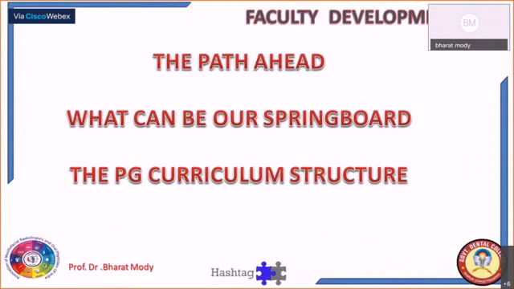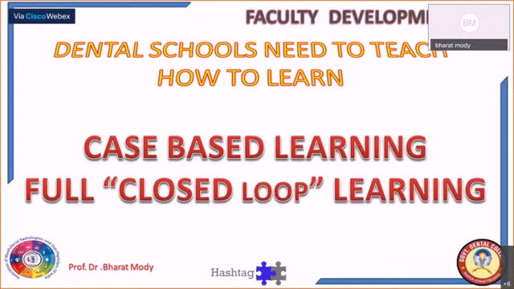Now, this is as far as your UG curriculum. What can be done in the PG curriculum? Dental school needs to first of all teach how to learn, and second, there should be closed loop learning. Open loop learning is where there is an input, there is a process, and there is an output. Whereas in